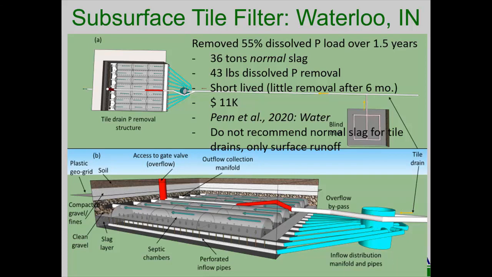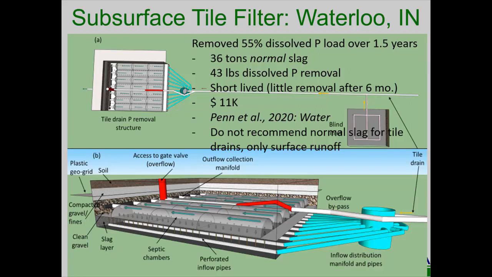Tremendous removal: 55% of the load over 1.5 years, for 43 pounds of dissolved phosphorus removal. That's great. That's the good news. Bad news is it didn't do much after 6 months. It cost about $11,000. We learned something very valuable from this. From this and another study that we did with Kevin King and his postdocs, we learned